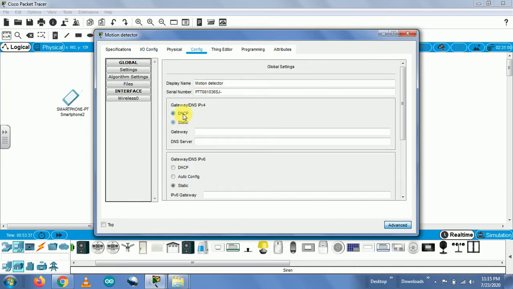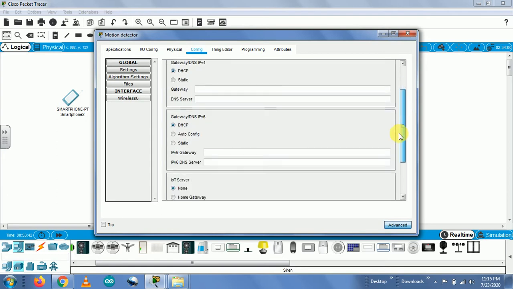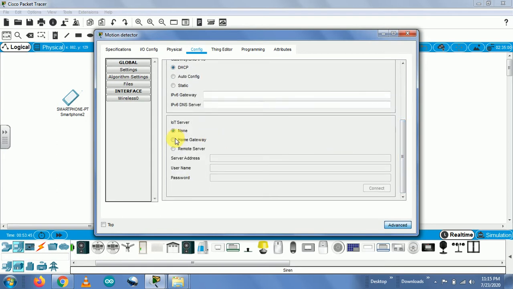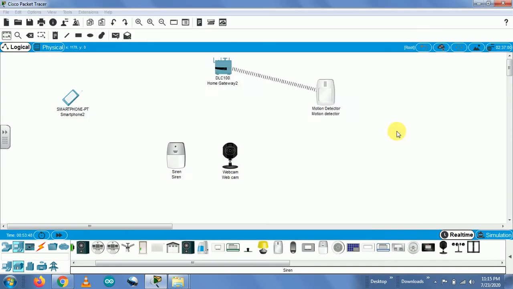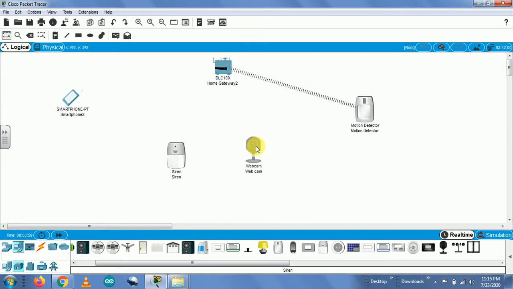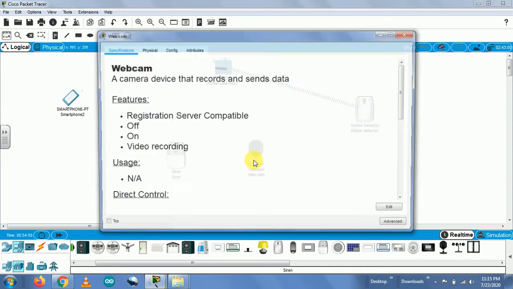You can select the DHCP option so that the server will assign the IP address automatically, and the client should be connected to your home gateway. Once you have selected these options, now see, your motion detector sensor is directly connected with the home gateway wirelessly. In the same way, you can follow the process to connect the webcam and siren.